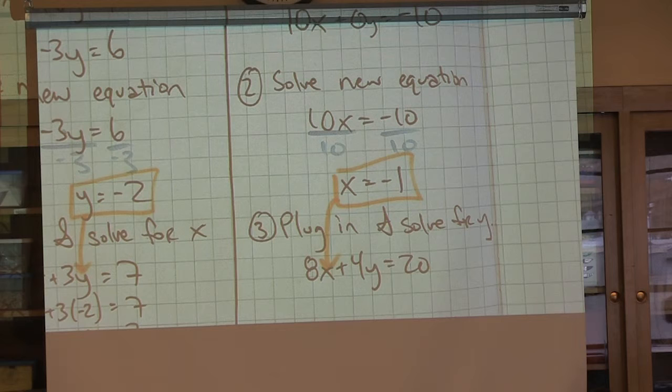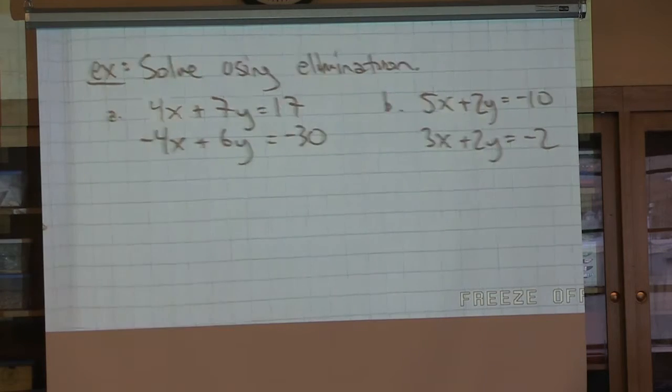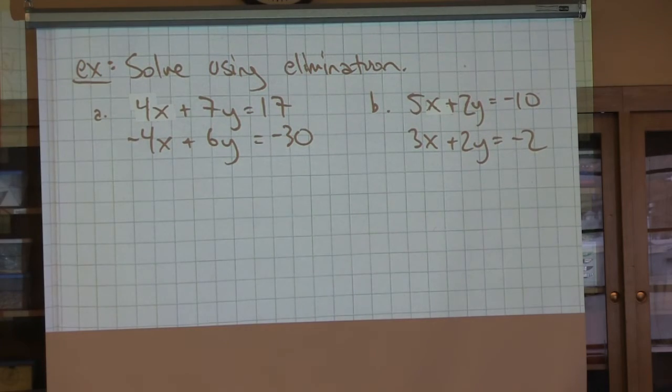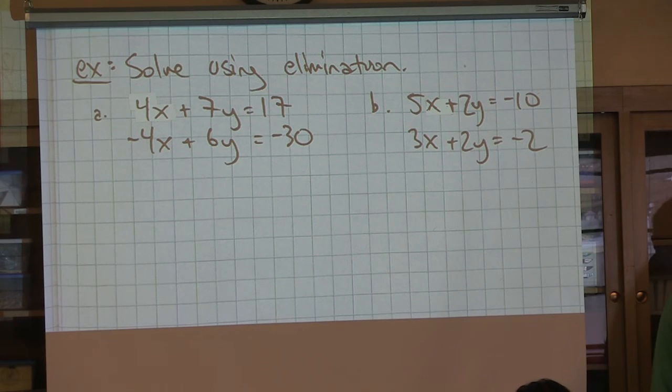Awesome. So here's what you guys are going to do. All right. So yes, you should have got 7. And now here's what we're going to do. You have 2 systems. On another page. Whew. 2 systems. Here's what I want to see. The first